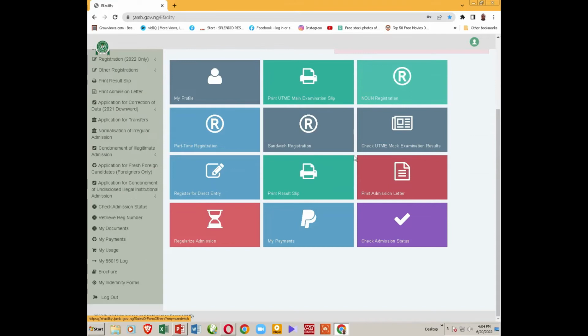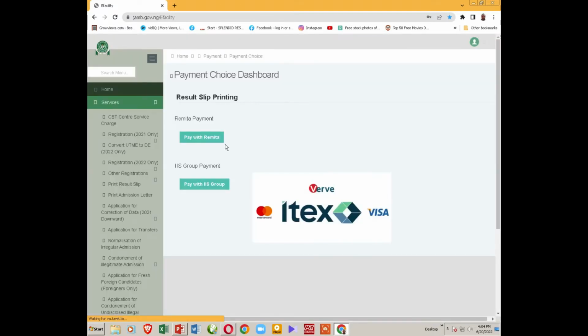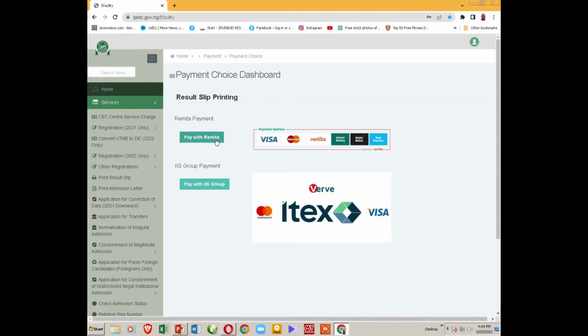When you log in, on the dashboard you will see this place, print results. So you click on it, print results. You have to make payments, so you can use whatever method. This is what I usually use. This first one, you pay with remitter. You can click here